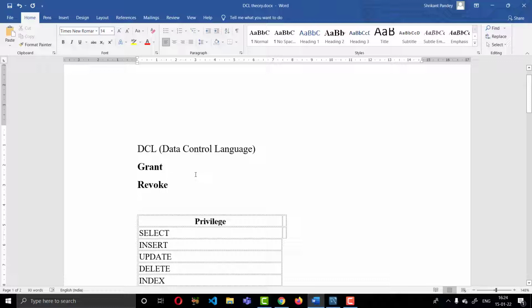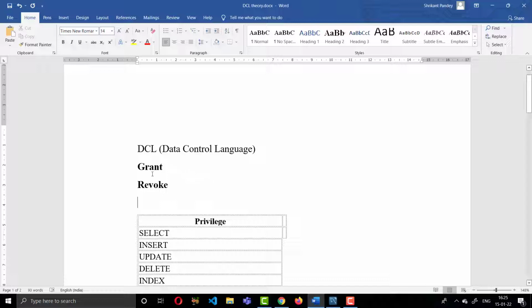So let's understand what DCL is. DCL is called Data Control Language. You want to set some permissions for a particular user, such as whether the user can update, delete or insert data in a table. For that purpose, DCL commands are used. The same applies to the database as well. A particular user may be able to drop the database, or add some other property to the database.